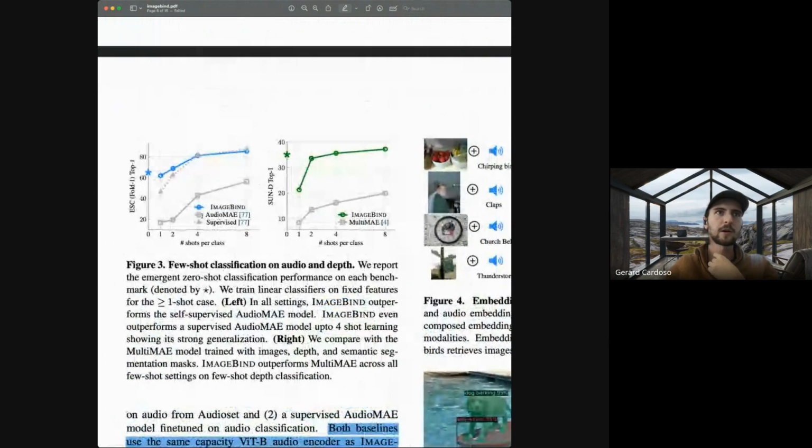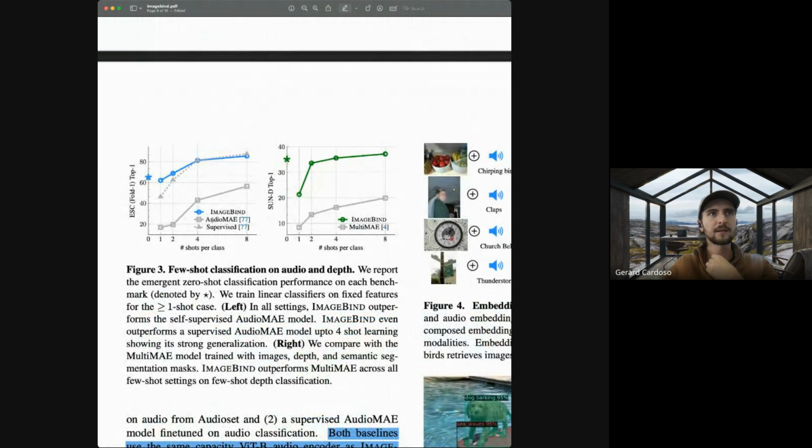This is some kind of audio classification task, and this audio MAE is a self-supervised method, and this is a specifically supervised method on this audio classification task. They show that it has this few-shot behavior where after seeing 4 shots of the class, it can basically match the performance of a supervised model, and it's better than the supervised model